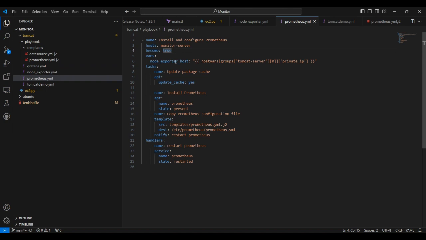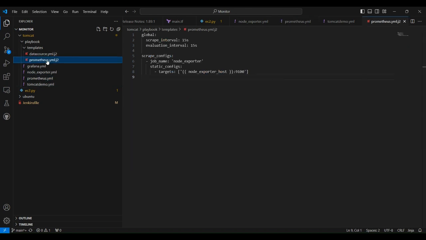This node exporter IP will be taken by Prometheus from a variable we have defined here. This variable gets the public IP address from the dynamic inventory, and this IP address will be pushed into our scrape configuration. This way our Prometheus and node exporter, which are on two different machines, will get connected,